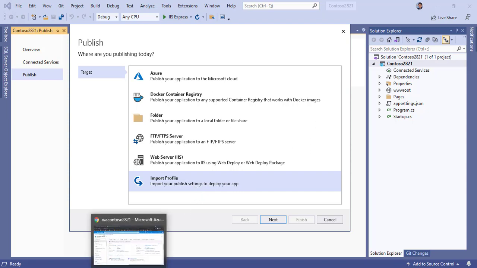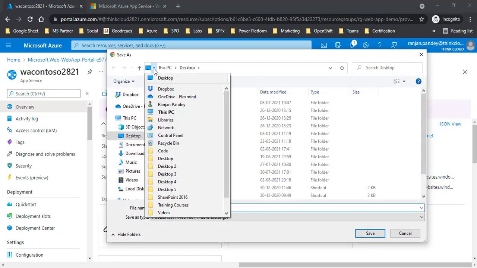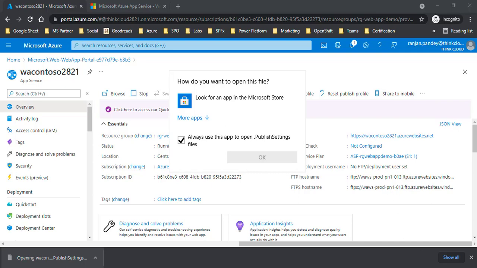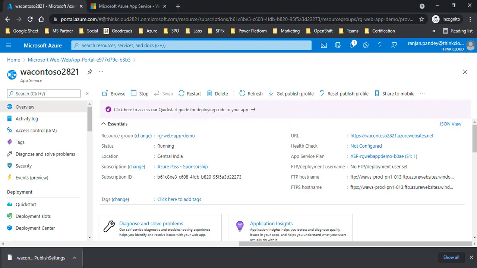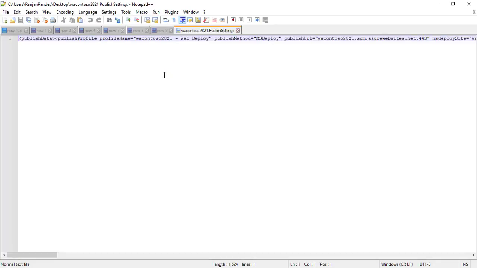So how are we going to get the publishing profile? You connect to your web app. Here at the top you can see there is a Get Publish Profile option. So I'm going to download this. This is a simple publishing profile. I can open this and show you what exactly it contains. You will see that this has got all the required